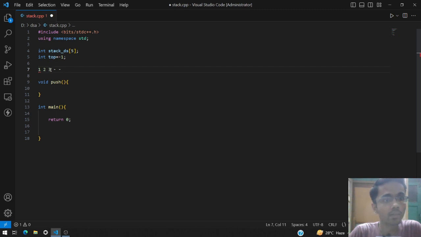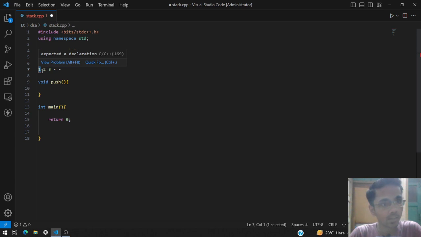So basically whenever we want to push any element, currently our top pointer would be pointing to this third element. So whenever we push the element inside the stack, our top pointer should first get incremented to this position and then the element should be inserted at this position. So if we want to insert the first element at the 0th location, what should be the value of our top pointer so that after increment it becomes 0? So basically it should be -1 so that after increment it becomes 0. So that's why we choose top to be -1.